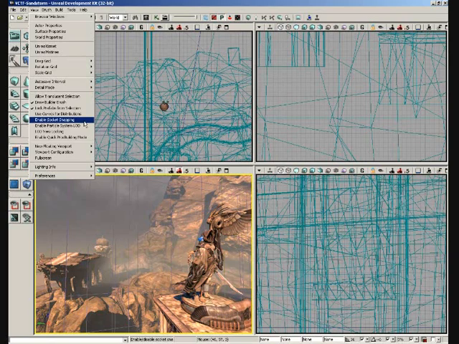Next, we have enable socket snapping. I think the place where I use this the most is when I'm trying to put objects into characters' hands or attach an object to a character so they can hold it. A skeletal mesh, which would be what a general character is going to be made of if you're putting one into a level to animate, has got sockets on it. Now, a socket is really just a designated position where another object could